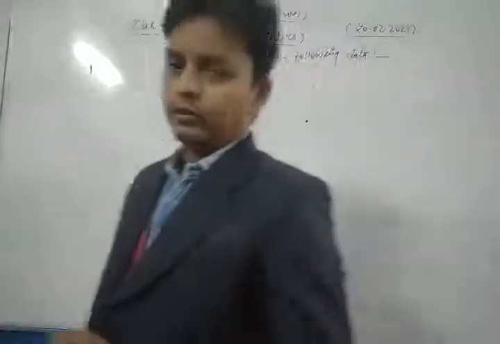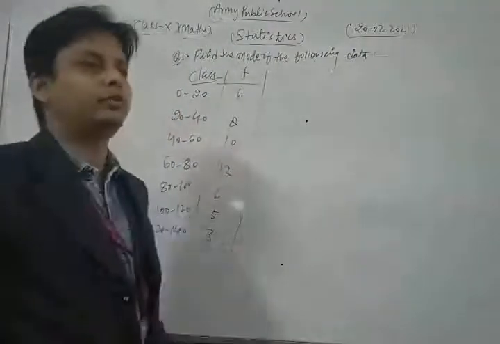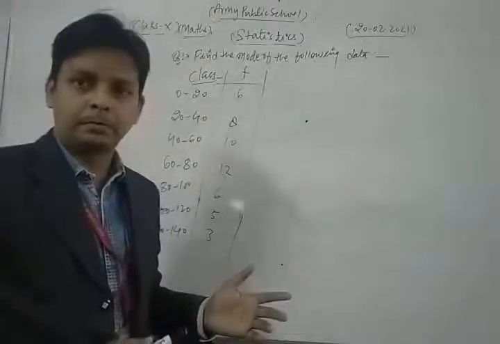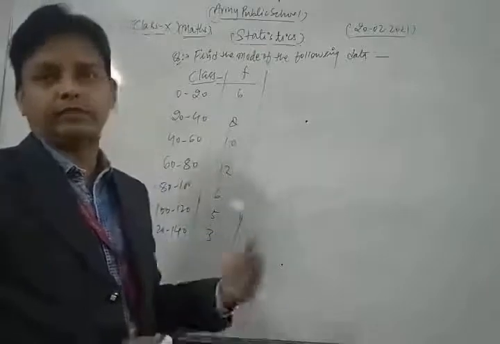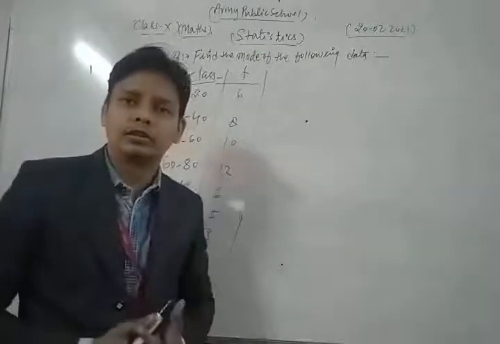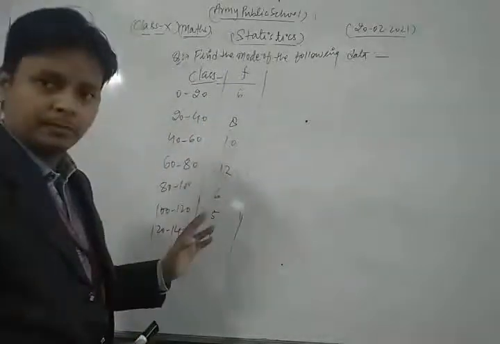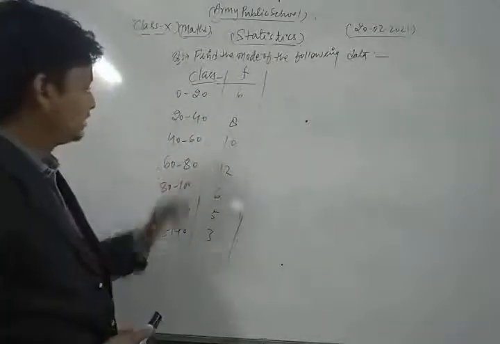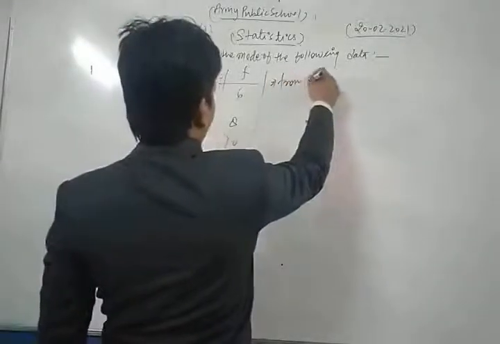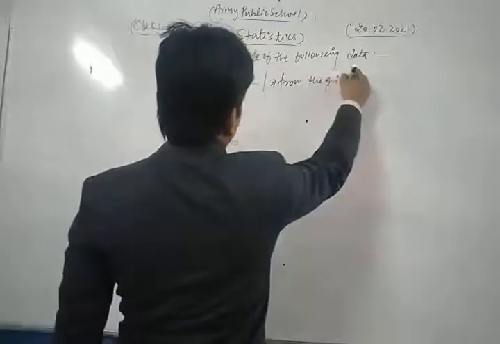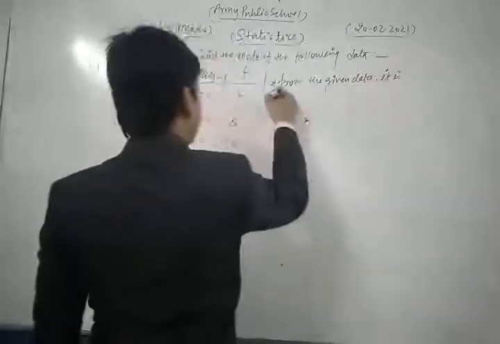Dear students, before calculating the mode of any statistical data, first of all we find the modal class. After that we write the formula and put each and every value in that formula, and we find the mode of the given data. First of all, here 12 is the maximum frequency. From the given data, it is clear that